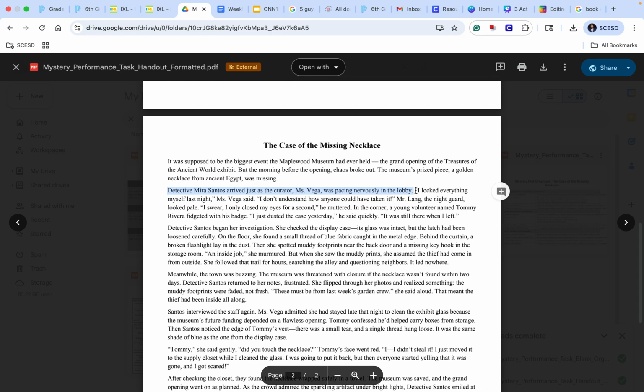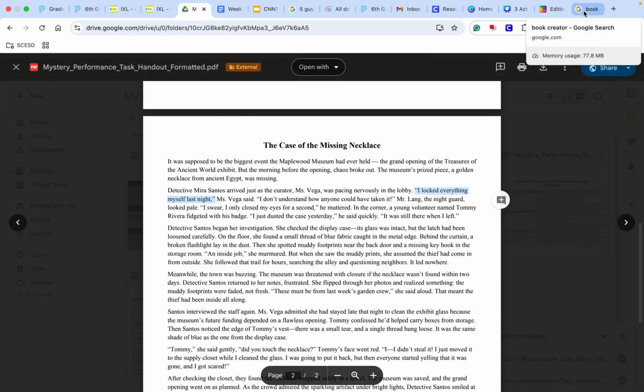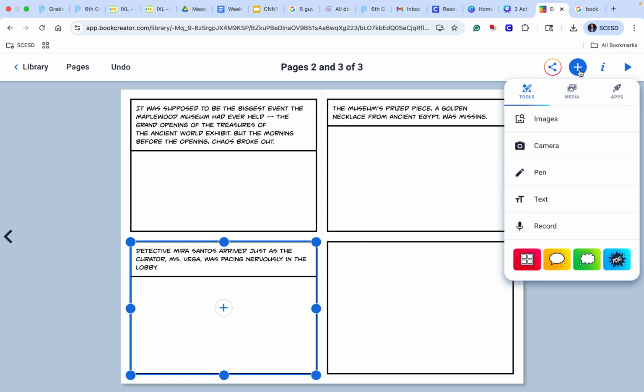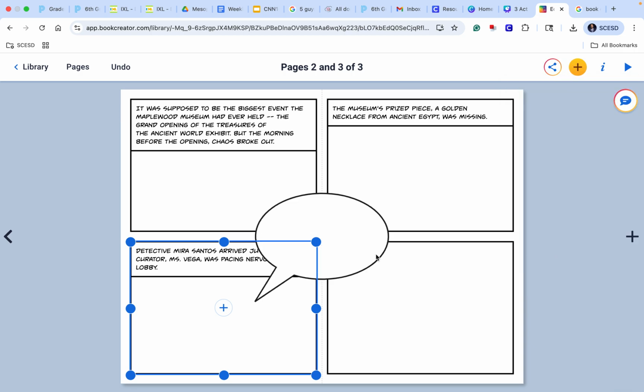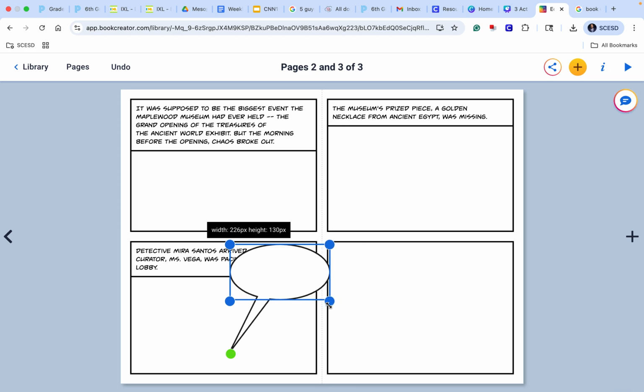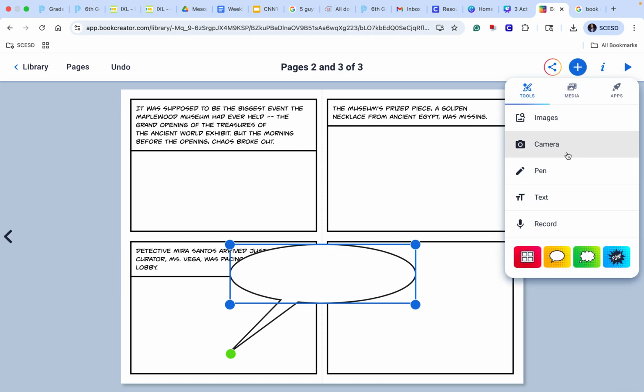"I locked everything myself last night," said Miss Vega. So you're going to take this, copy it, and you're actually going to use the word bubble. So instead of using this, you're going to use this right here, and that is your word bubble. And you can manipulate that all different ways that you want, and then you're going to get your text inside of there,